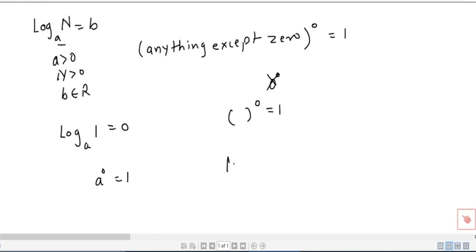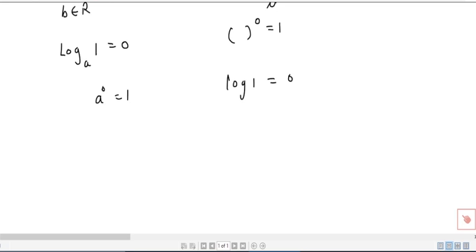So log of 1 is always 0. Okay, log of 1 is always 0. So this thing you will remember, and you will use this further also. Now let's talk about properties one by one. Property number 1: